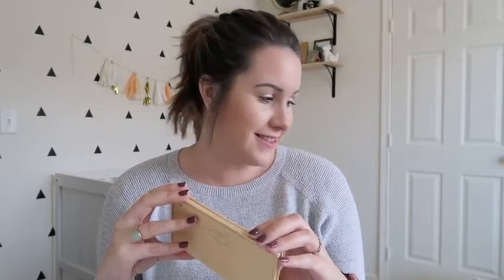Product number 2 is my Lorac Unzipped Eyeshadow Palette. This is literally the palette I use almost every single day. Sorry, Malin is sitting at my feet playing with some books. It was the only thing I could do to keep her entertained. So this palette has